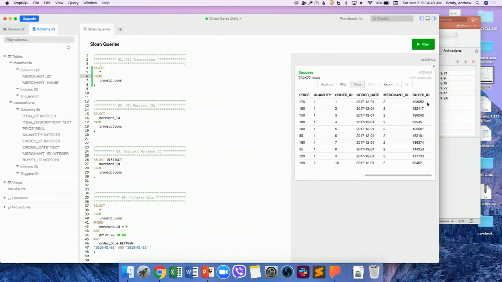So from here we can see some interesting info, but what if we actually want to know, okay, we've got merchant here, but everything, at least on this screen, is merchant ID 2. So what merchants are actually in here? So we can take our query